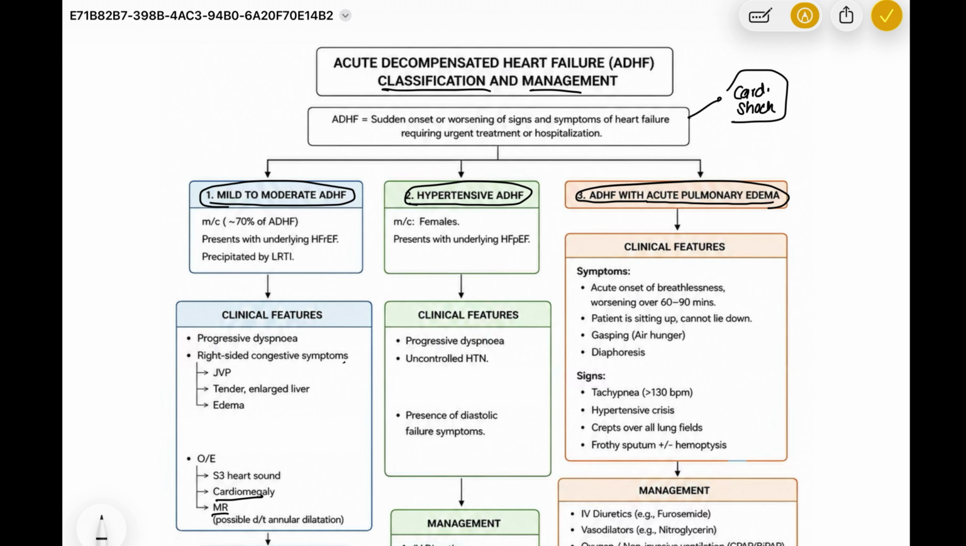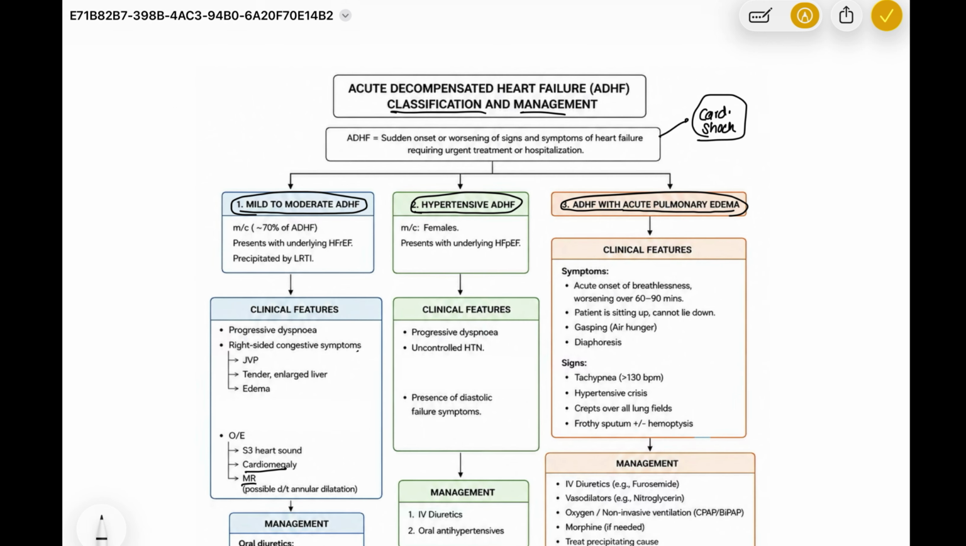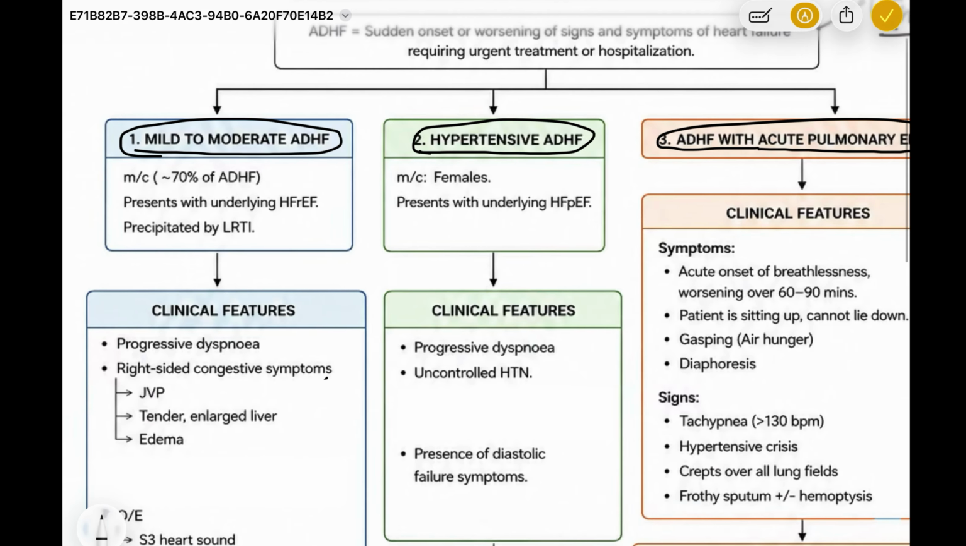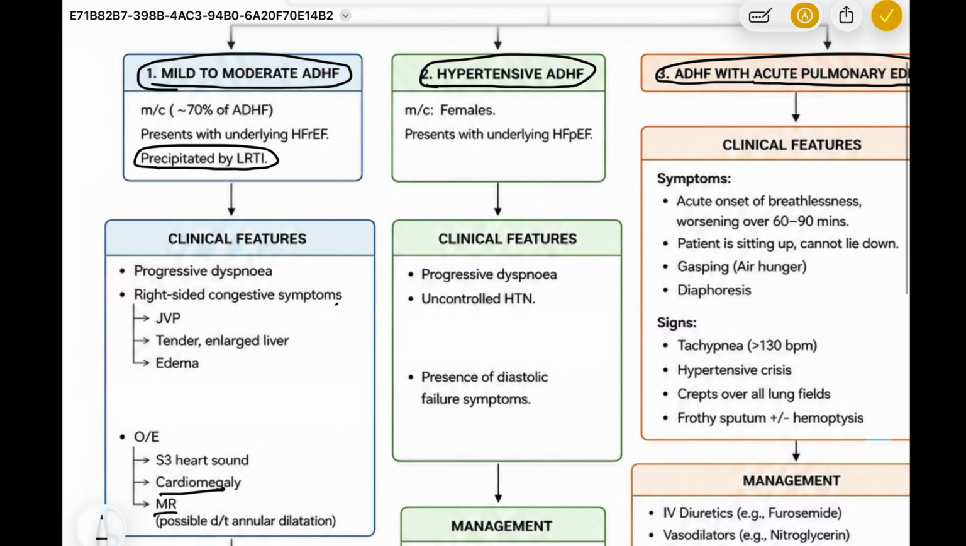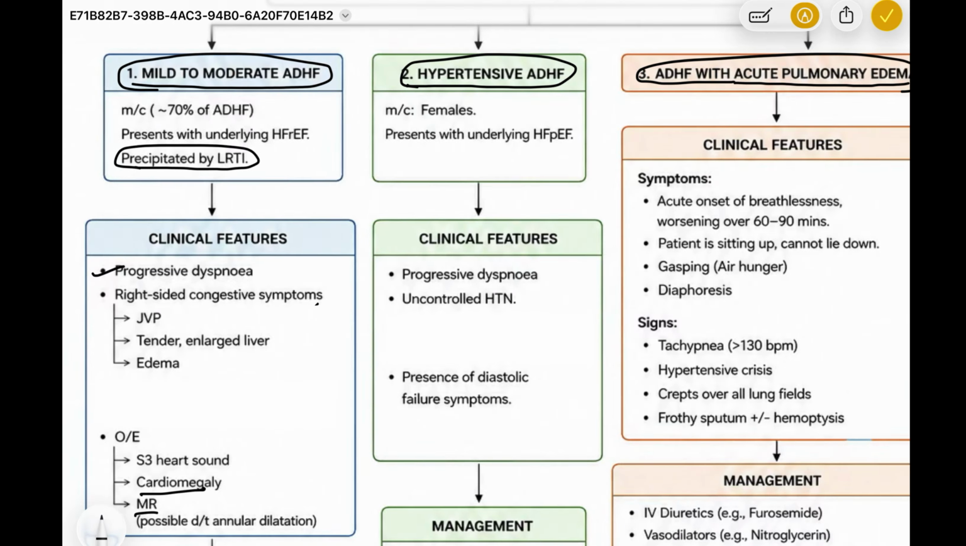The ADHF that is associated with cardiogenic shock, we will study in later stages when we are discussing shock. As of now, we will study mild to moderate, hypertensive, and acute pulmonary edema. So the most important cause for mild to moderate ADHF is the precipitating factor. This mild to moderate ADHF is precipitated by LRTI, and the clinical features include progressive dyspnea, right-sided congestive symptoms like